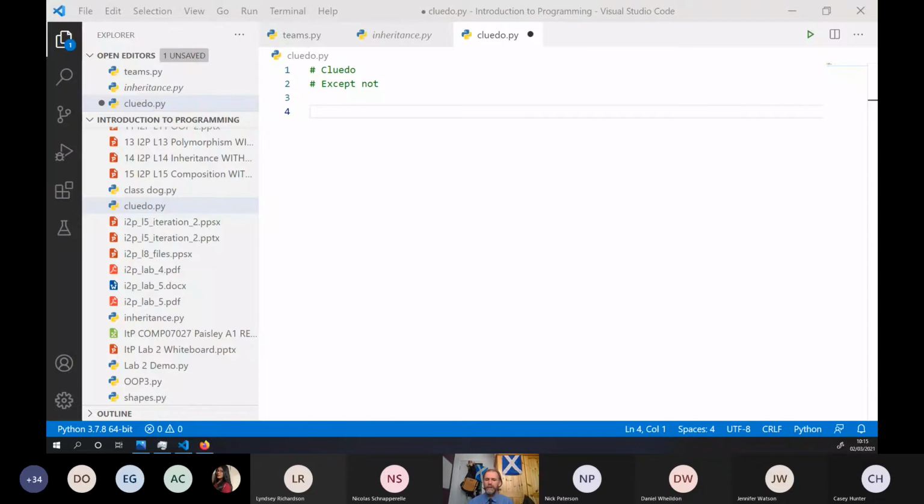So with inheritance, you say something is a version of something else. A cat is a version of a feline. A lion is a version of a feline. A tiger is a version of a feline. Composition extends that idea. So rather than saying just is a version of, how about saying that it has a?